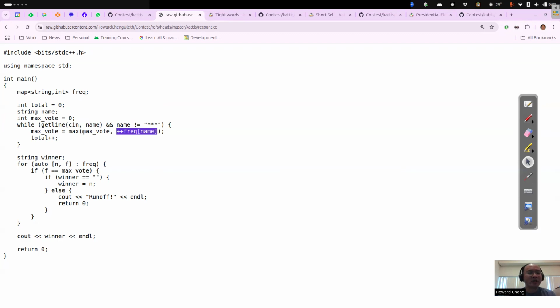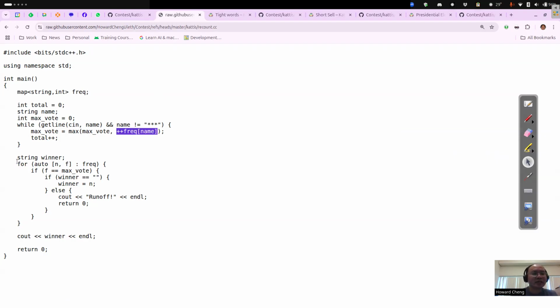In the meantime, I also keep track of the maximum number of votes that anybody got. And I have to do plus plus. So I update this before I update the maximum vote. If you don't like writing all these in one line, you can write in multiple lines. Update the frequency first, then update the maximum vote. So now I know not only the frequency of everybody's votes, but also what is the maximum number of votes